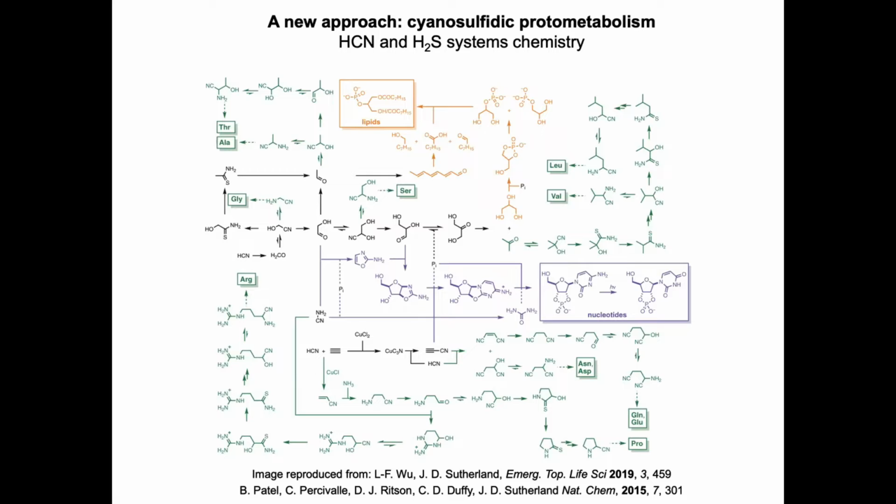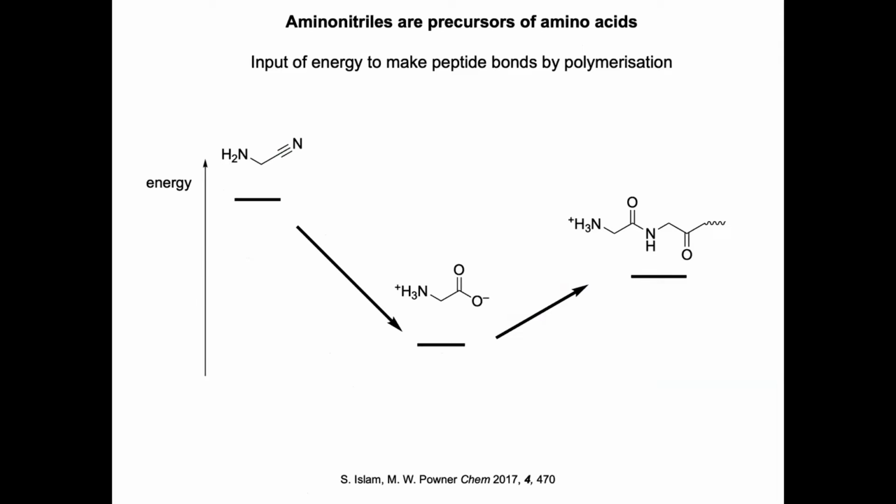Now, hydrogen cyanide undergoes reduction in the presence of UV light to generate formaldehyde and ammonia, and that reduced carbon and nitrogen is generated in one single step. And the reaction network, when fleshed out, generates a library of RNA, lipid, and a dozen of the 20 biological amino acid precursors. Now, these precursors are aminonitriles, and I'm going to be concentrating on that for the rest of my talk. So the prevailing assumption has always been that aminonitriles that were generated by cyanosulfidic protometabolism